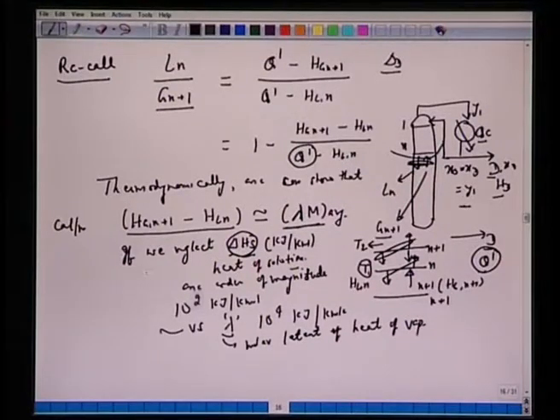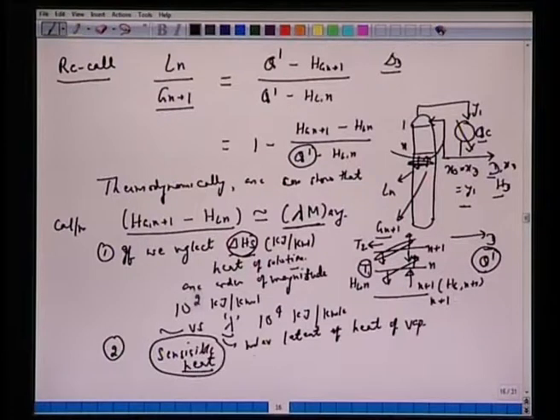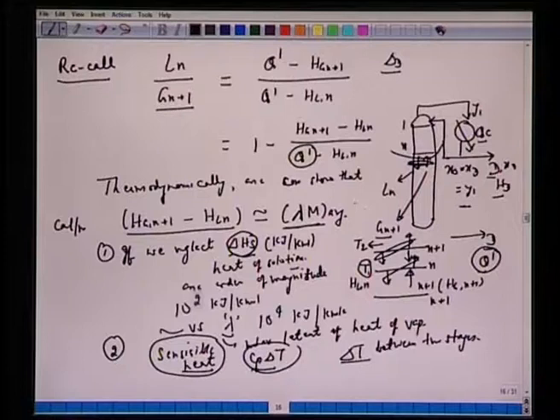So the first thing is that the heat of solution is much smaller than the latent heat of vaporization, and number two, on the same note, the sensible heat due to the specific heat, Cp del T, is also very small. If we neglect the temperature drop del T between two consecutive stages, we can neglect these two quantities in the calculation of Hgn plus 1 minus HLn, to show that we have a quantity lambda M which can be considered more or less constant.